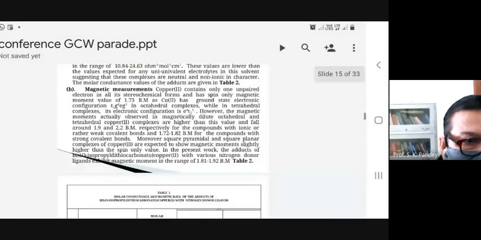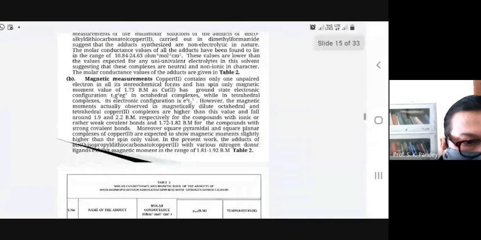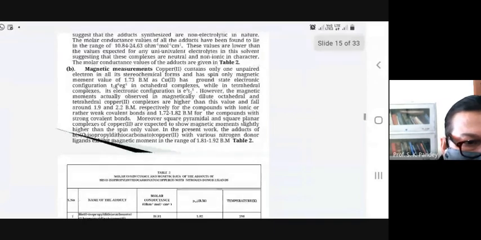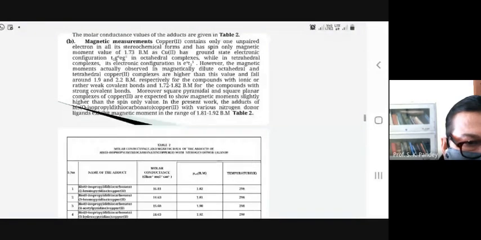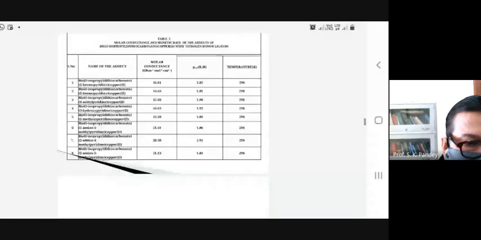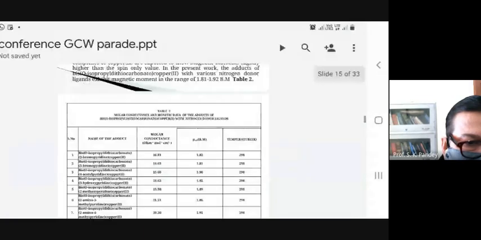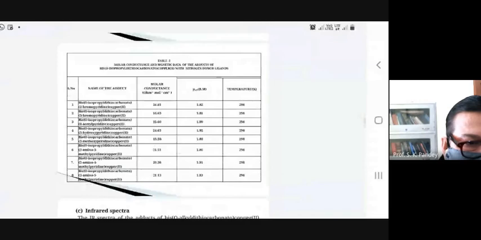The magnetic values are in the range of 1.72 to 1.82 Bohr magneton for the complexes, which shows that these complexes have an unpaired electron, and the adducts reported in this paper are square pyramidal in nature. So this table shows the values of